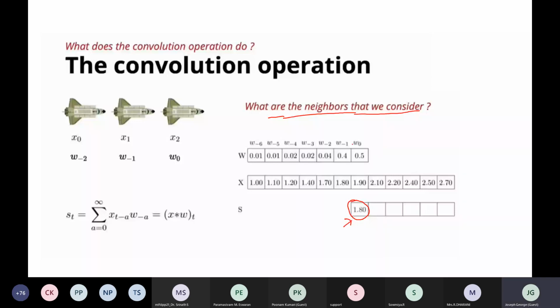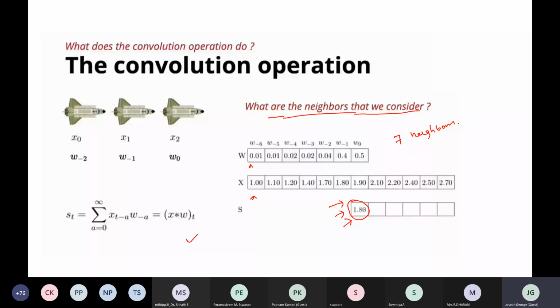So with the help of these 7 neighbors, we are extracting the features to a single pixel. This is done with the help of this formula. Here, this weight is multiplied with the pixel value of the neighboring 7 pixels, and then we get these features. This is what we call convolution. This is happening in a one-dimensional array.